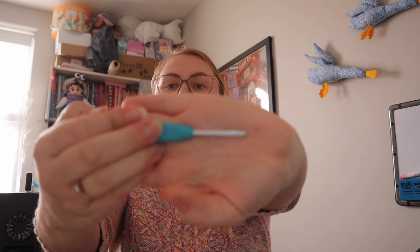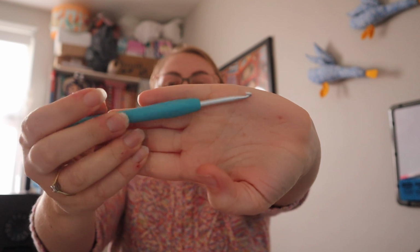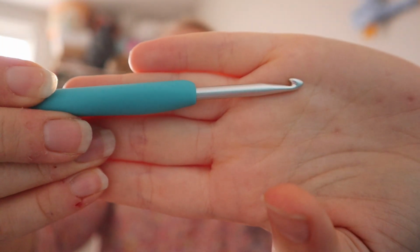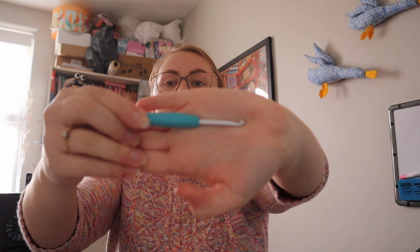and crochet uses just one tool, which is called a hook. This is just one I've got. So usually with crochet you just have a couple of loops on your hook, and you can see that there's no pointy part, it's just the hook. It's not sharp. The only difference here would be Tunisian crochet, which is sort of a mix between knitting and crochet. You have a longer hook and you keep more loops on there, but that's not what we're talking about